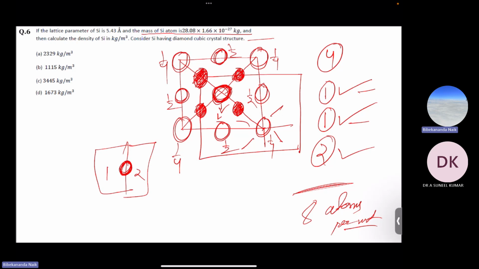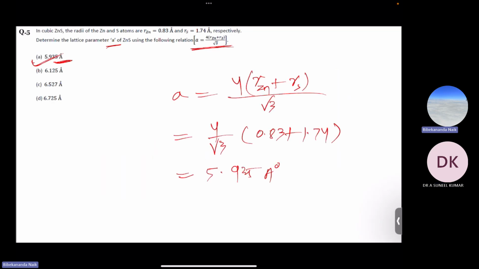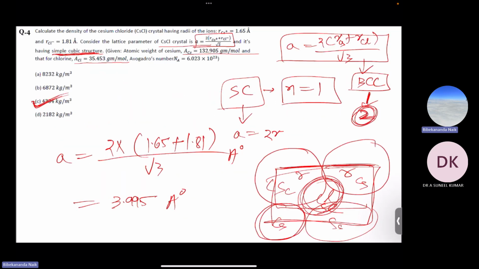Here the mass of silicon is not given in terms of gram per mole or kg per mole. Here the mass of one atom of silicon is given, and that is in kg. So that's why we don't need the conversion factor. Understand? Because in the previous question that we discussed, the mass of cesium and chlorine were given